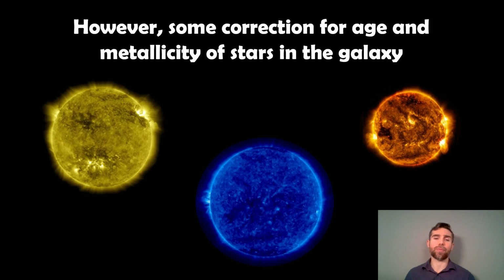So it's just easier to use these than a spiral galaxy, which may have larger variations in its stellar population. But either way, you're probably going to have to do some correction for the age and the metallicity of the stars in the galaxy. So you would measure the population of stars in a galaxy, how old they are, their metallicity, their luminosities, and then you would do some correction for that so that each galaxy can be comparable, and then we can calculate a